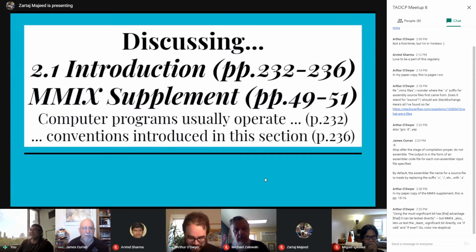So LDA is load address, which is taking the address that's associated with the variable top, loading it into a register that is named T, so that's some register. And then LDB is load byte, so it's taking 1 byte of memory, and it's,